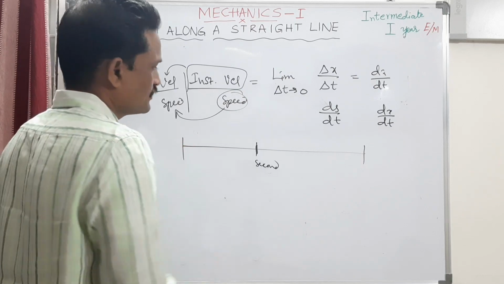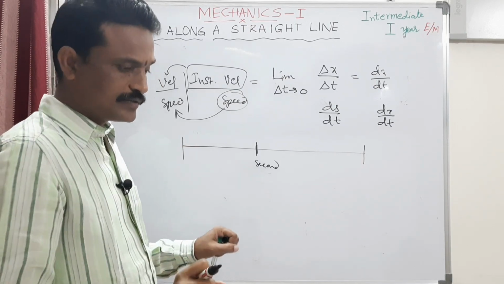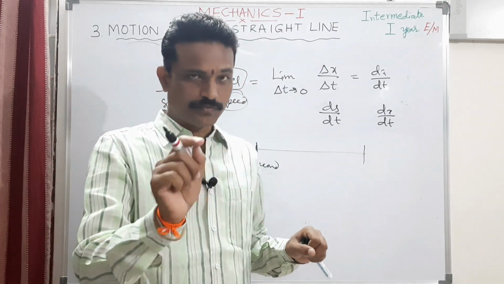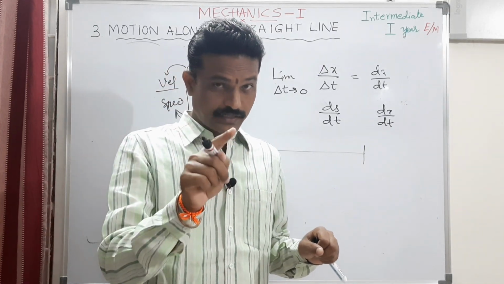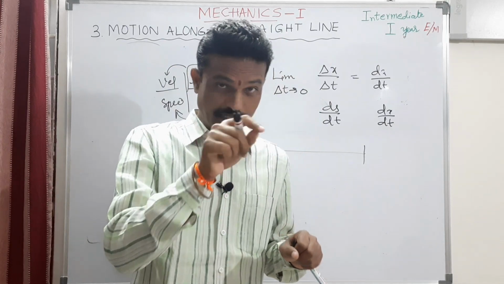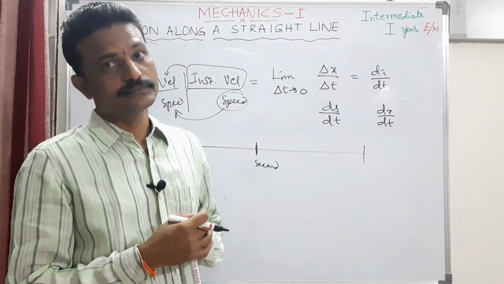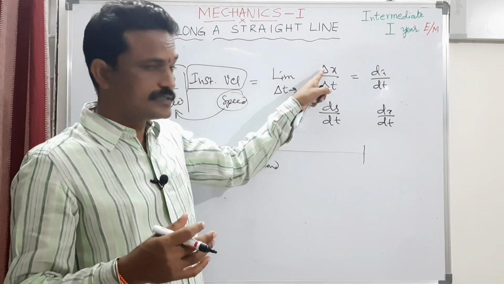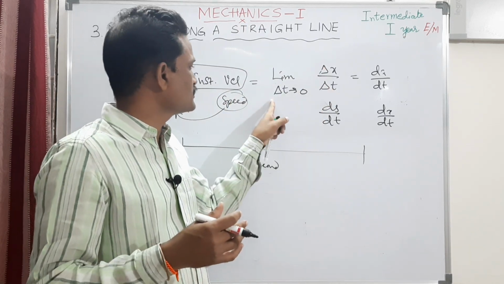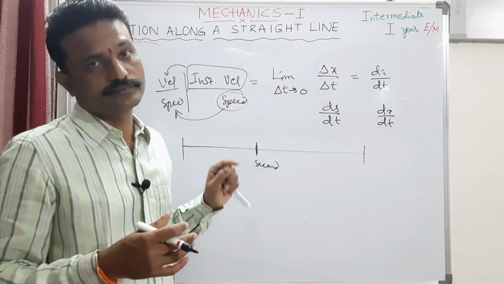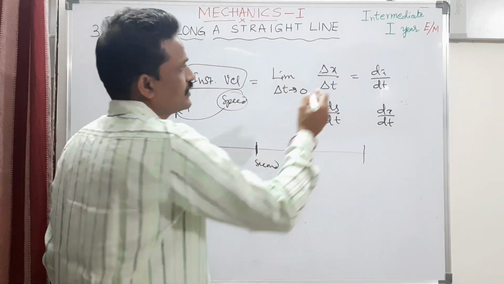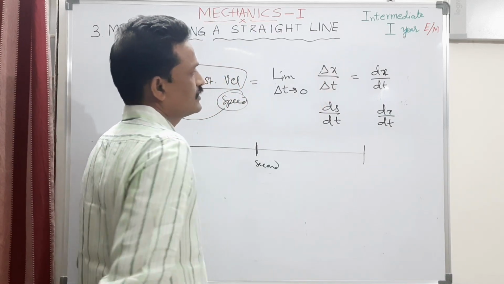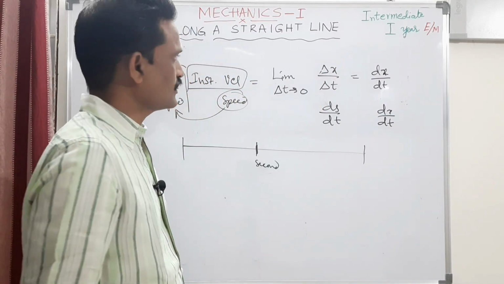generally speed. So while you are going on a bike, you look at your speedometer. It says 62 km per hour. That is your instantaneous speed at that particular point of time. So instantaneous velocity is nothing but average velocity when the time interval is tending to 0. Now, this dx by dt, that is differentiation, is very useful in solving problems.